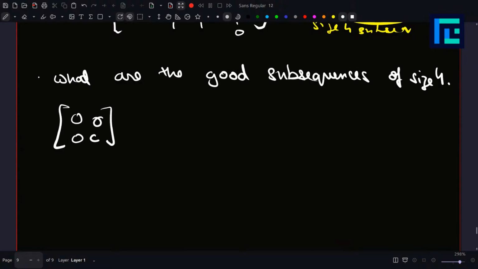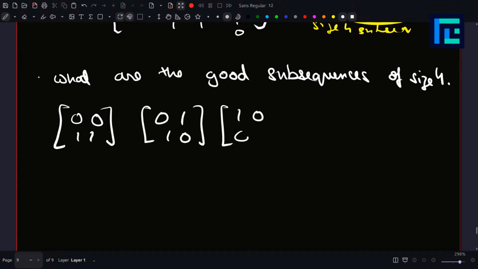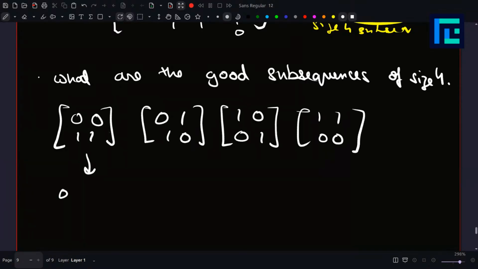So 0, 0, 0, 0 is obviously not allowed, right? Because we need two zeros and two ones over here. So what are the possible ways? One way is this. The other way is this. The other way is this. And the final way is like this. Okay. And you can check that these are the four ways and they correspond to a subsequence of 0, 0,